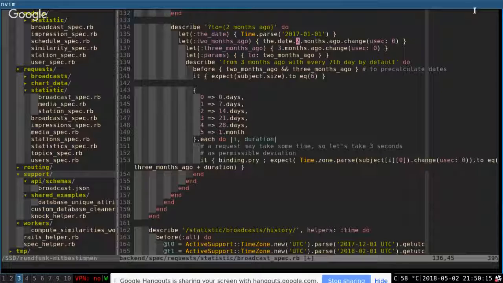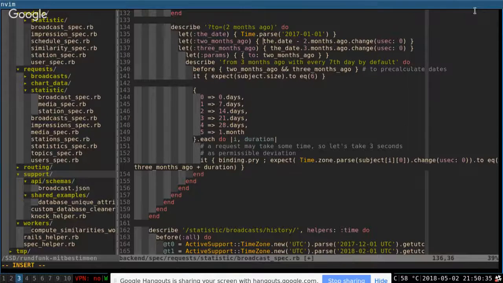Yeah, I think you can just do it this way. This is an invalid syntax, I'm pretty sure. No, I think you can do the date minus 3 months. Ah, yeah, right. You put the dot date instead of the underscore date in the 2 months ago.